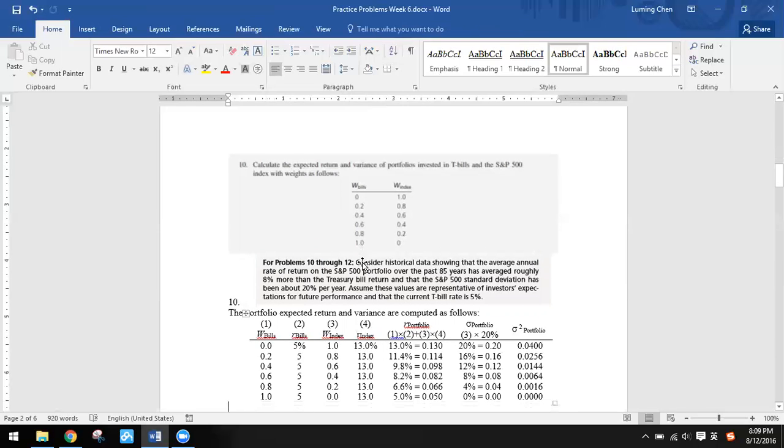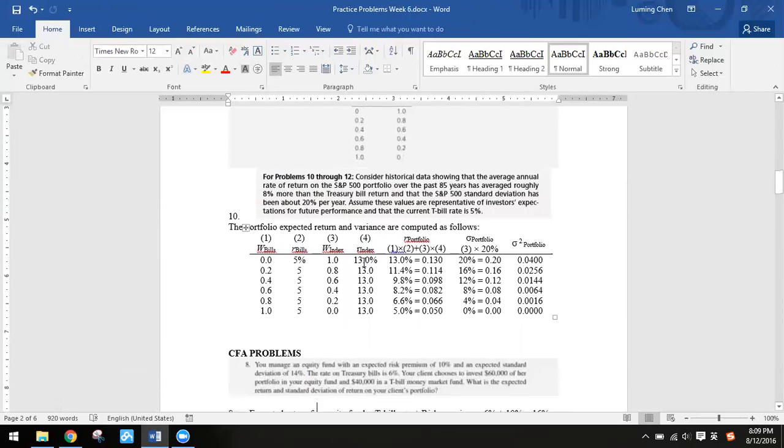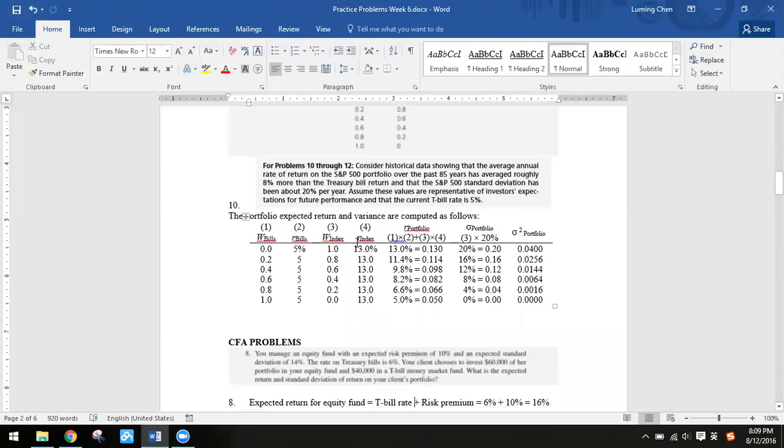So we plug these numbers into the formula. For this portfolio, the expected return is the weight of investment in the Treasury bill times the expected return of the Treasury bill, plus the weight put into the index fund times the expected return of the